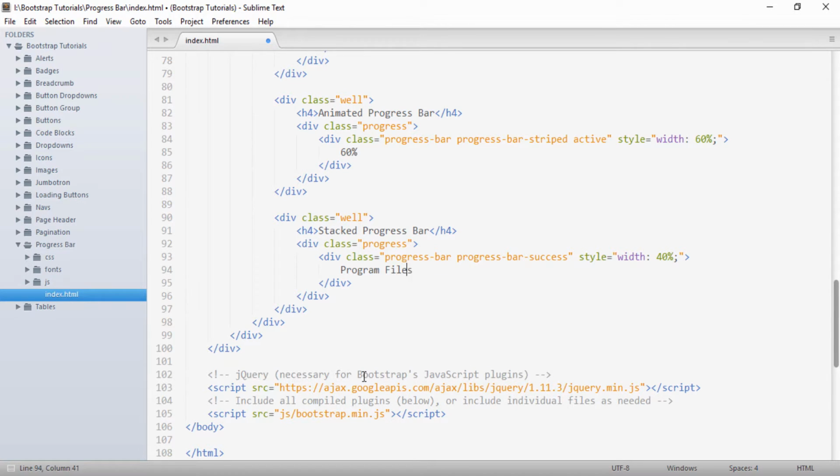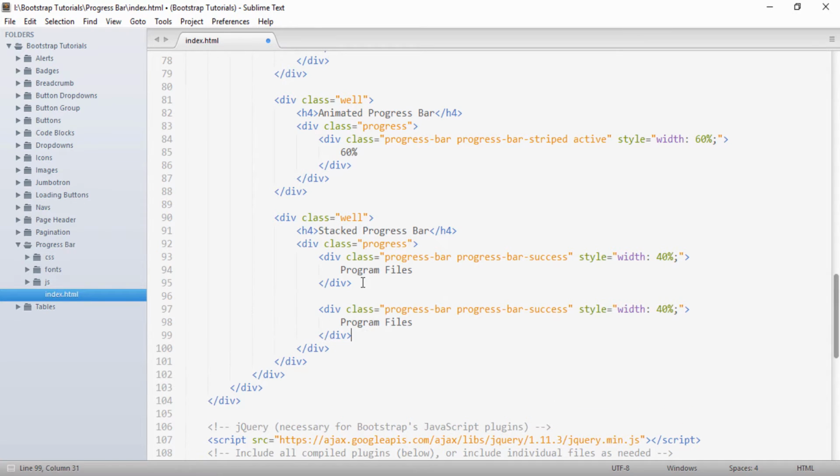program files, and I'll just copy this. In order to create a stacked progress bar, all the entries of this progress bar will be done in the div of progress. We won't be creating another div progress. Just below this, I will paste it, and here I give something as info.